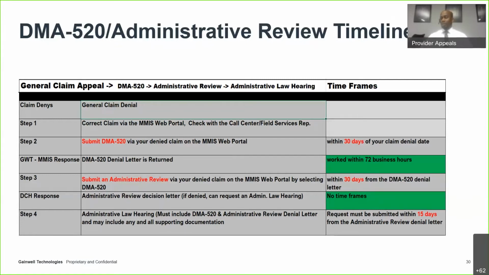You'll submit it on the web portal. It must be done within 30 days of your denial date. Gainwell Technologies must work your DMA 520 within 72 business hours. So you'd have to look for that email to click on the link to go in and look at your letters. And then if you still believe that you need to go ahead and move on to the next step, that would be where you'll submit that administrative review